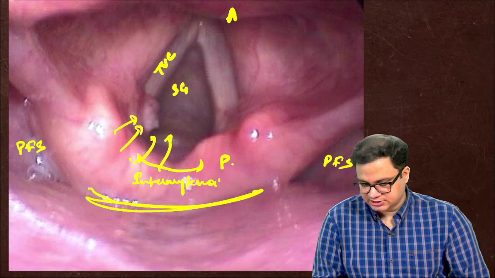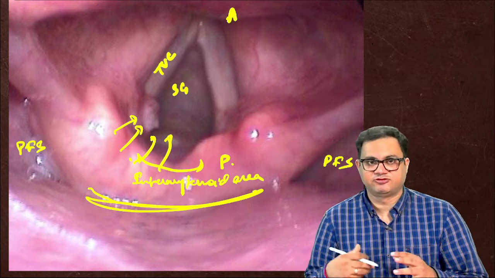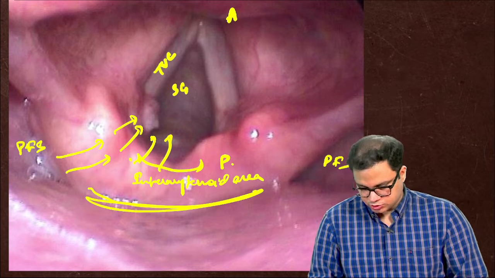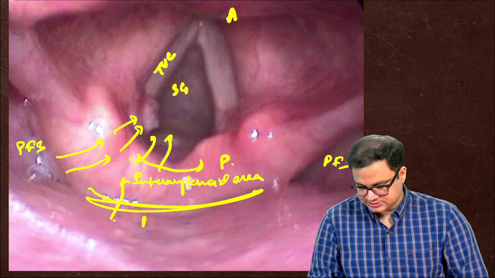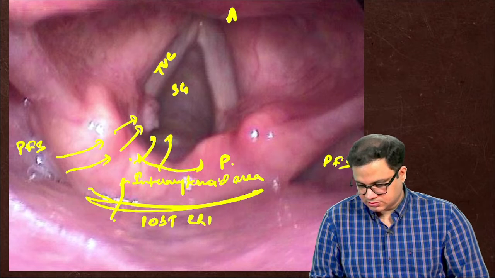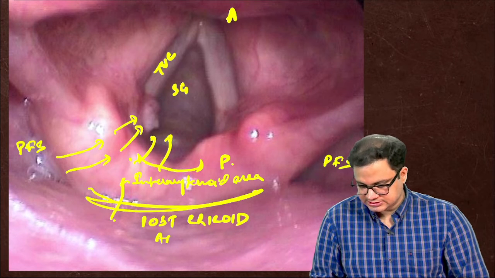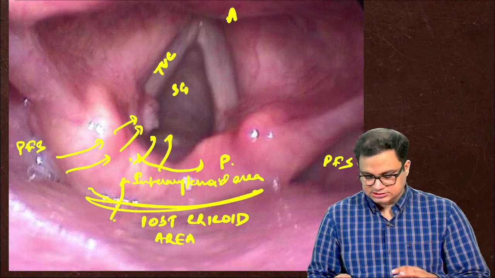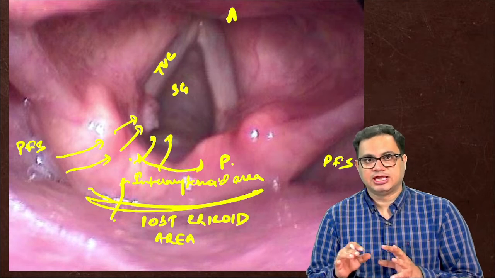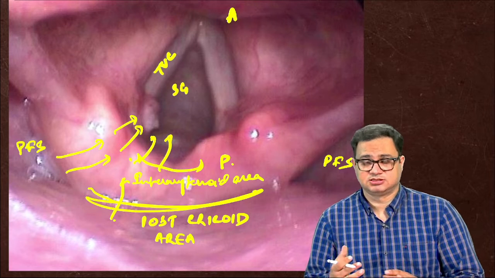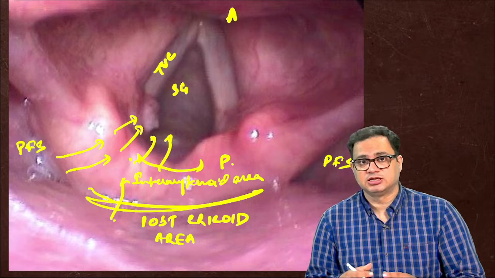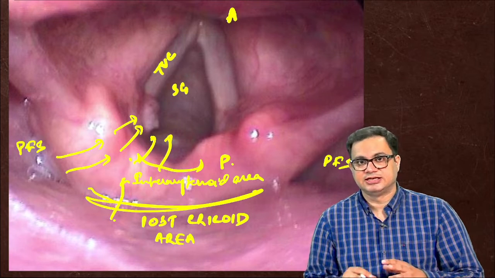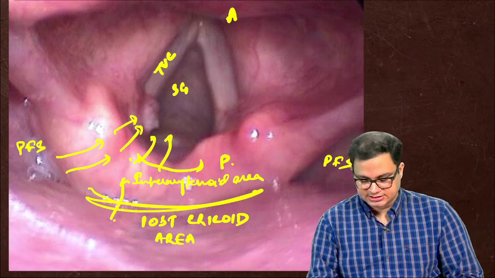So what is happening is that because of the acid reflux, the acid is coming from the piriform sinus or the post-cricoid. This area is the post-cricoid area. When the acid is refluxing from the post-cricoid area, it causes a heaping up of the epithelium, which basically mimics a malignancy, but it is not a malignant condition, and it also does not undergo a malignant change.